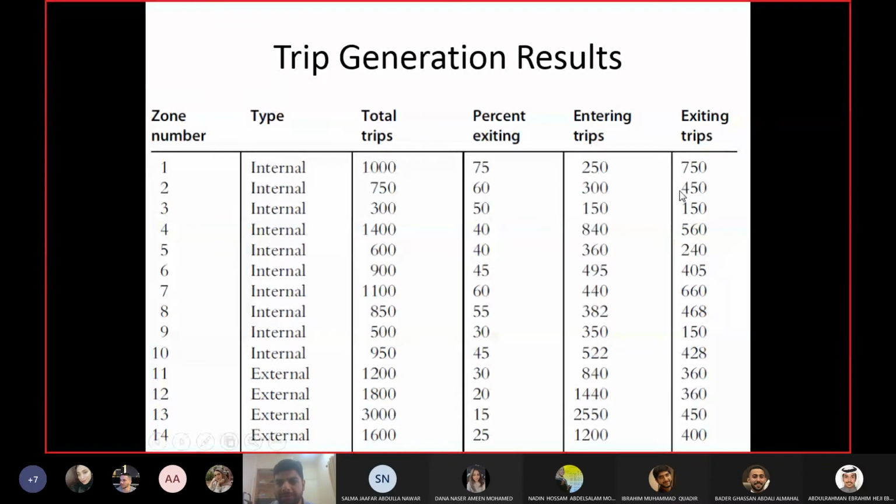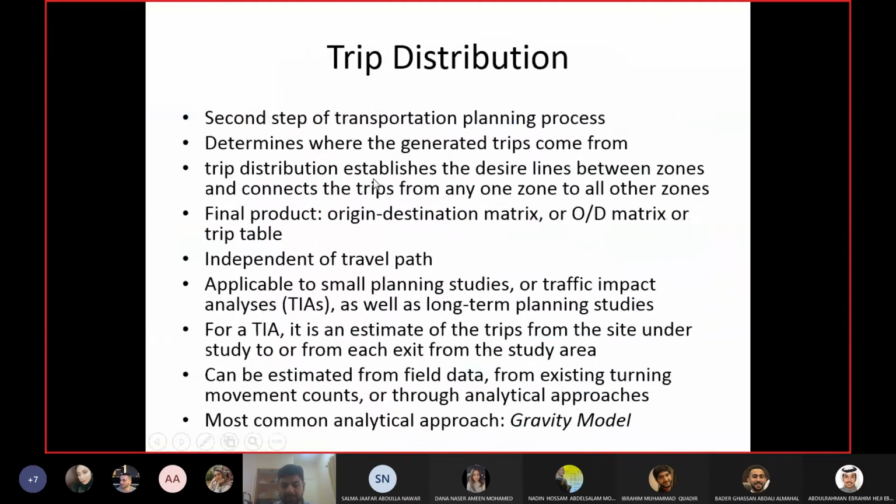So this will become the trip attraction for the other zones. When I'm calculating the number of trips using the gravity model, this will become the A for zone 2, and this will become A for zone 3 and 4 and so on. So the number of trips exiting from a zone becomes the trips attracted towards the other zones, the A values. And the total number of trips will become the P value for that zone itself. So if you are calculating for zone 1, then 1000 is the P value for zone 1, and so on and so forth. I think this is where they have made a mistake. So it gives us a chance that we can do our own calculations.